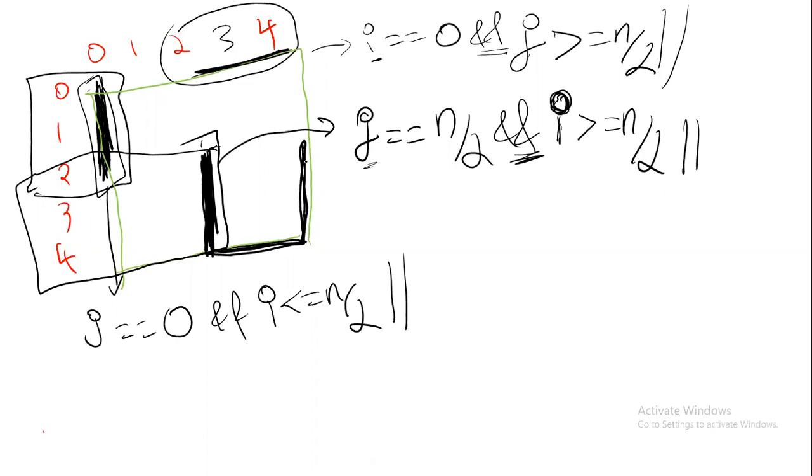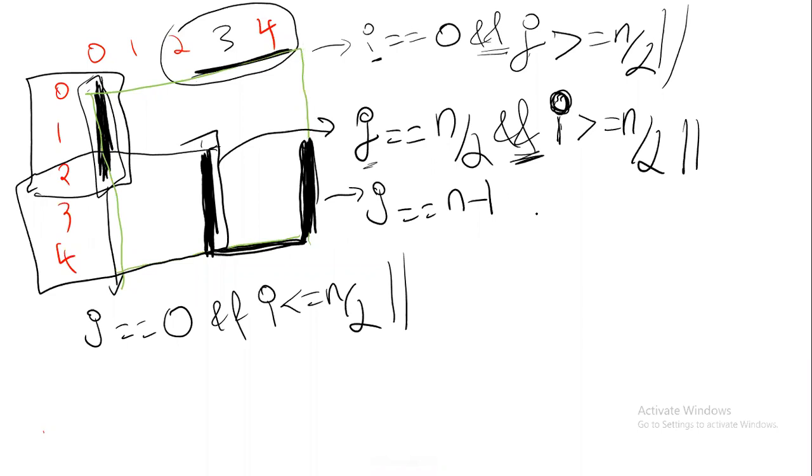And now I will think for this. Is this a row or a column? It is a column. Column means which variable? Column means the j variable. j is equal to, are you drawing the first column? No. Are you drawing the middle column? No. You are drawing the last column. Last column means j is equal to n minus 1. But are you printing that last column completely? No, you are not printing the last column completely.